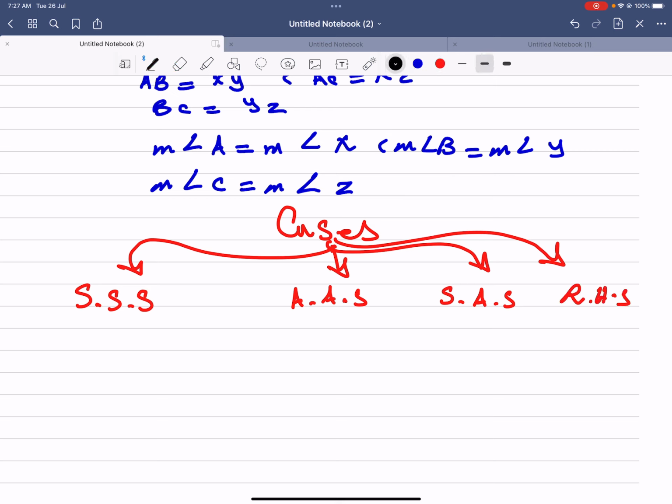So let's get started with the first case SSS, which means that SSS ده abbreviation أو الاختصار ل 3